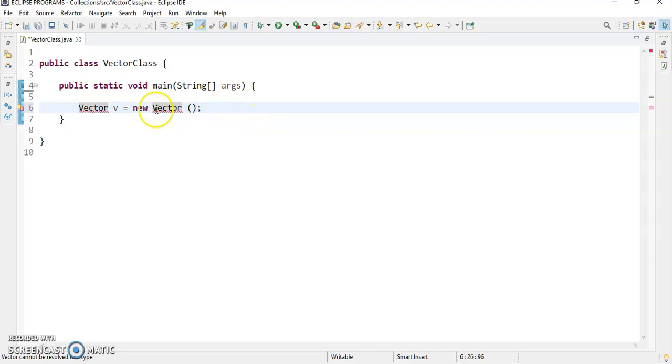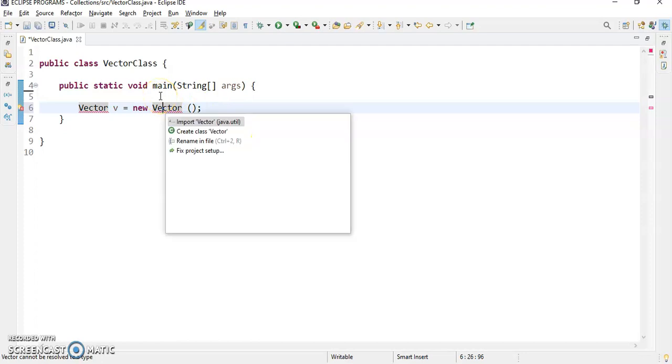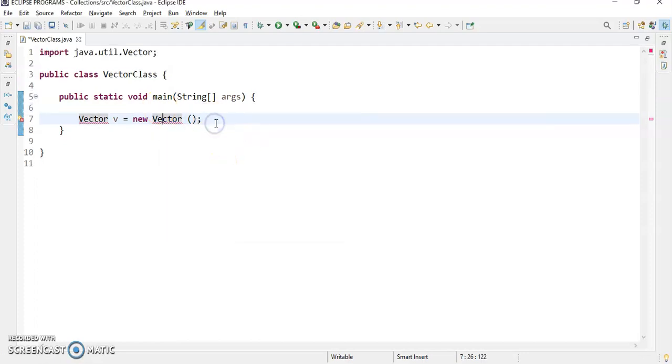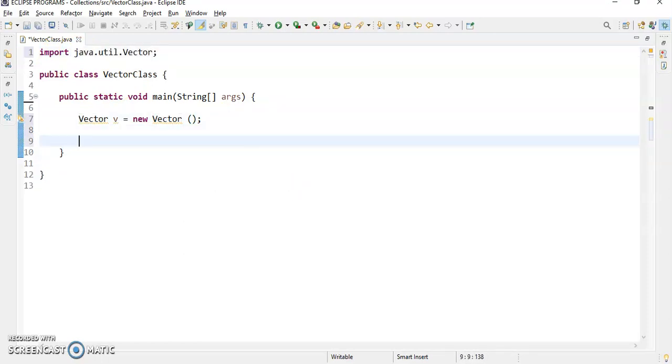That means the Vector class is not present by default in the java.lang package. It is present in java.util, which is why you have to import java.util.Vector.